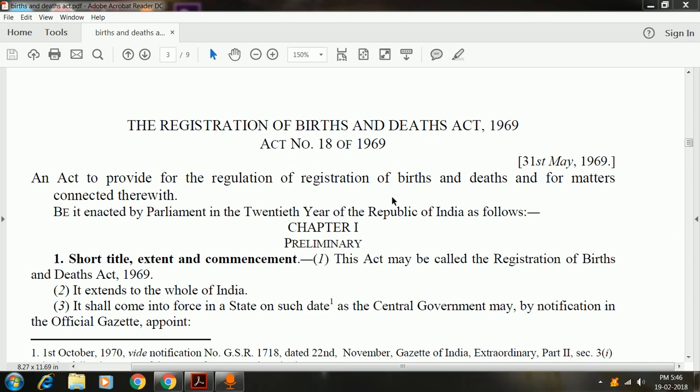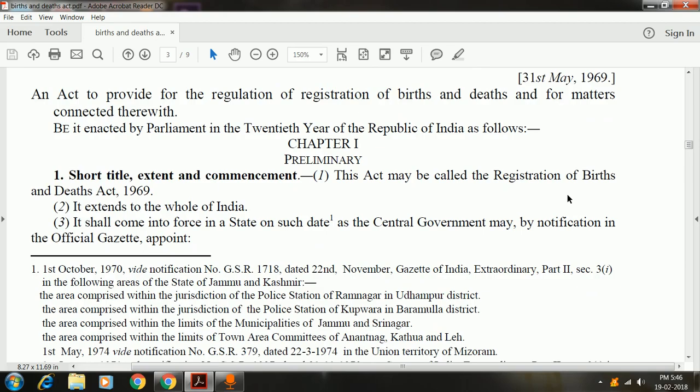Now I have the RBD Act, that is the Registration of Births and Deaths Act 1969, open here as you can see on your screens, and I'm going to be scrolling through the act and trying to give an explanation as regards various sections. I will essentially be focusing on, as I've pointed out previously, the formalities that are to be followed in the event of a birth or death of a child, and the responsibilities that are cast upon various individuals under the Act. Now, to begin with, the Act